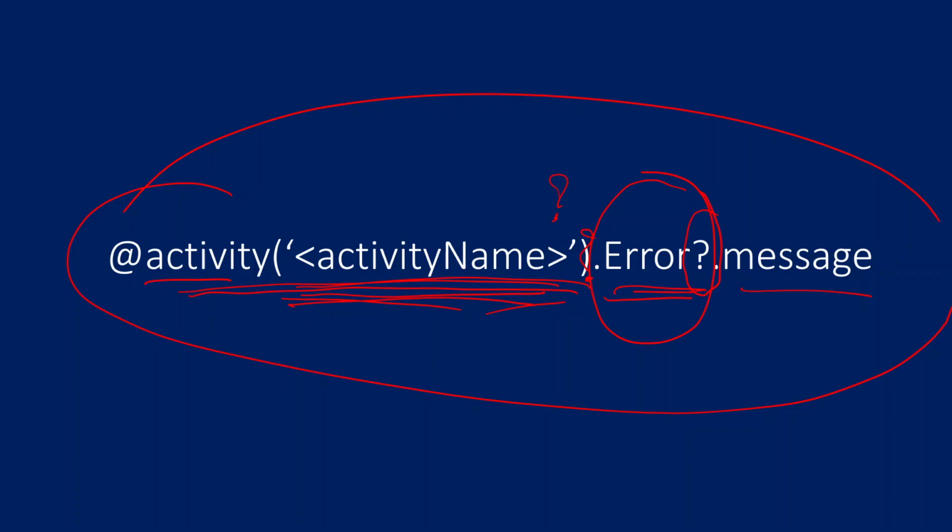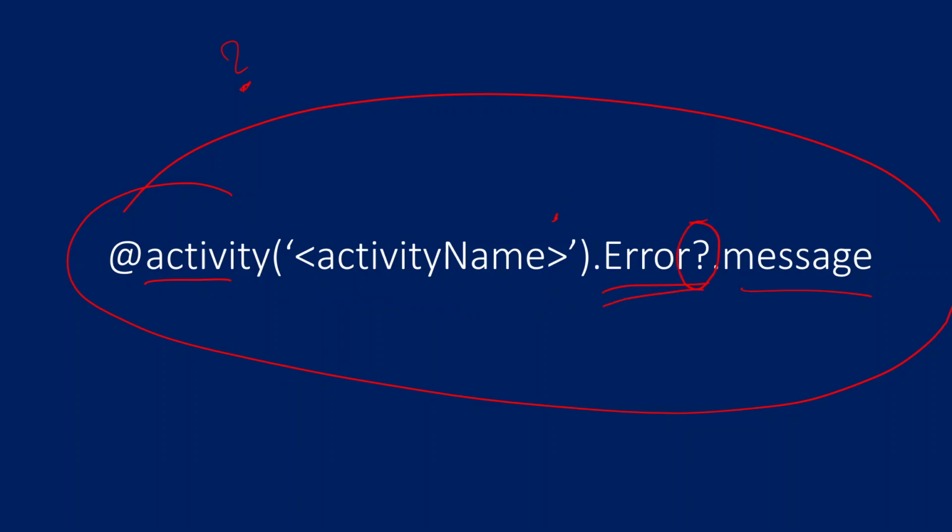In this video, the main thing to observe is adding a question mark at property level or at activity level. Let me erase all this. You will add a question mark at property level when you feel there might be a chance of null coming. That means your activity may succeed or fail. If it fails, the error property will have some value. If it is successful, the error property will not be available, so it will be null. To avoid that null error, we use the question mark to skip that. Similarly, if your activity execution itself gets skipped sometimes, the entire activity execution will not be available. To avoid that, you should add a question mark dot, like that.